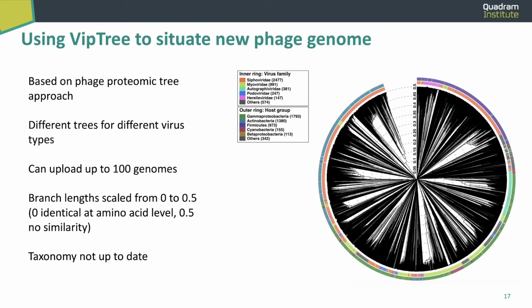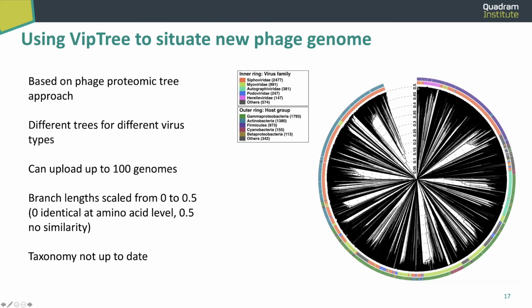And it will report that in this kind of tree. The first thing that you can see here, this is just a reference tree that's available if you go to the main VipTree page without having uploaded anything. And what you can see is all of these branch lengths being really long. And you can see the scale here. It goes from 0 in the middle to 0.5 at the ends, meaning that between two genomes, the maximum length is 1. And these branch lengths are scaled so that if two genomes have a branch length of 0